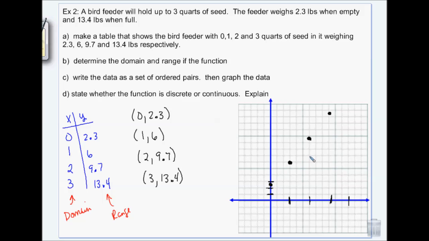Do they flow into each other like the weight of the bird feeder? Yeah, it's going to flow into each other. So I'm going to connect those with a line. And so it's continuous. Okay. So things that are commonly continuous are things like weight. What about linear equations? We'll get there. Okay. But like weight changing over time,